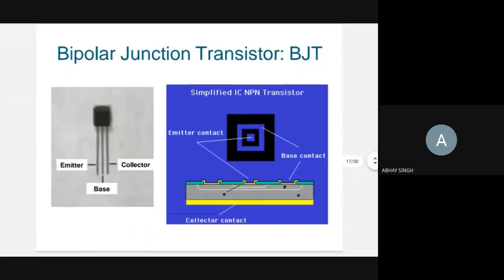So this is the image of the BJT. We have the device physics level, which is not that important here. Even if you don't know anything of device physics, you can still be a very good electronic circuit designer, at least at one technology node level. At the design level, I told you, it is a black box thing. You need to understand the overall working, and you need to design accordingly.